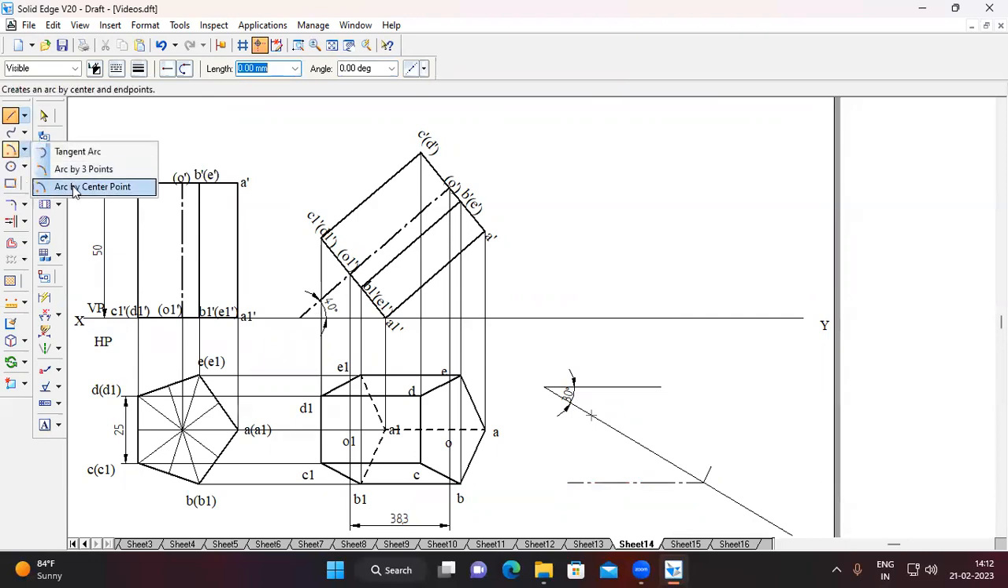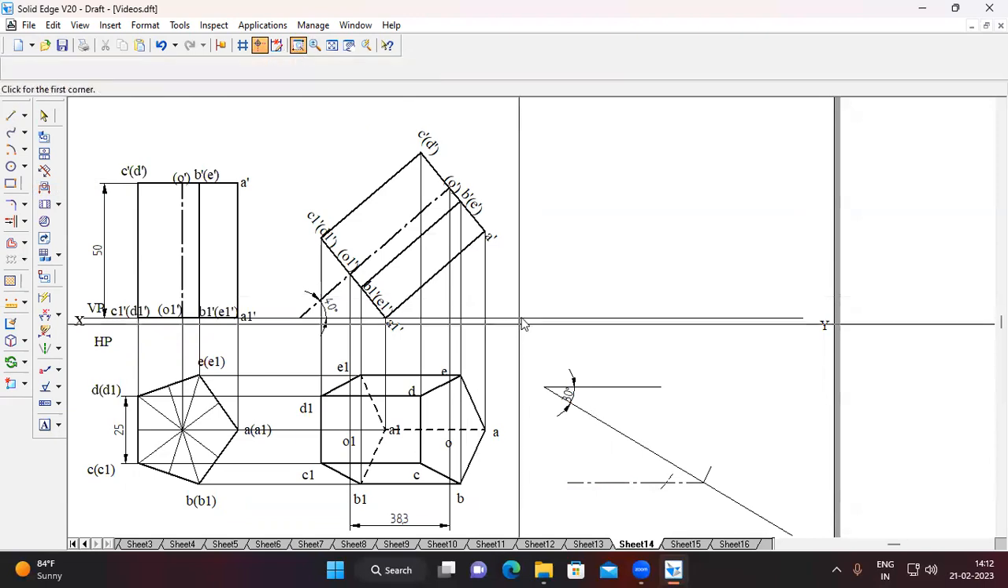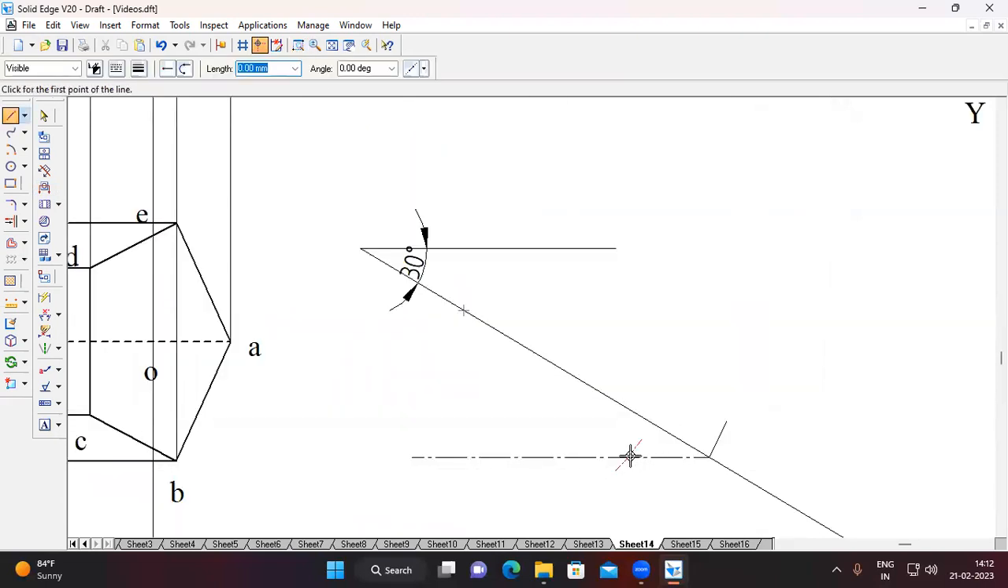Again, go to arc by center point. Okay, from the same reference point, we have to cut one more arc by taking apparent length as a radius on the locus line. Okay, the apparent length is 38.3 mm. Enter, cut an arc on the locus line. Okay, now again go to line command, choose continuous line. Now from intersection point of that arc and locus line,